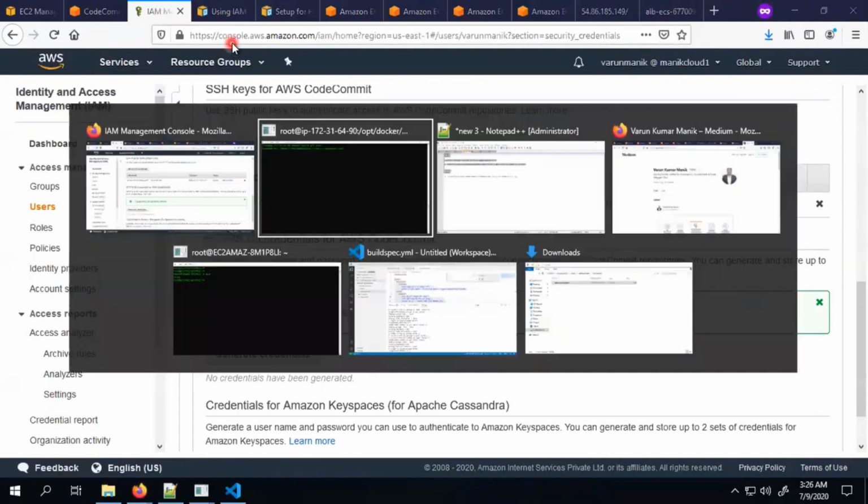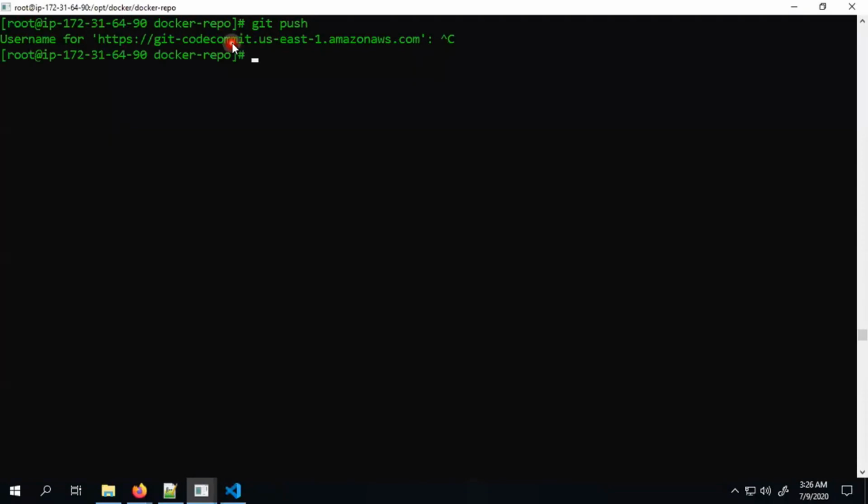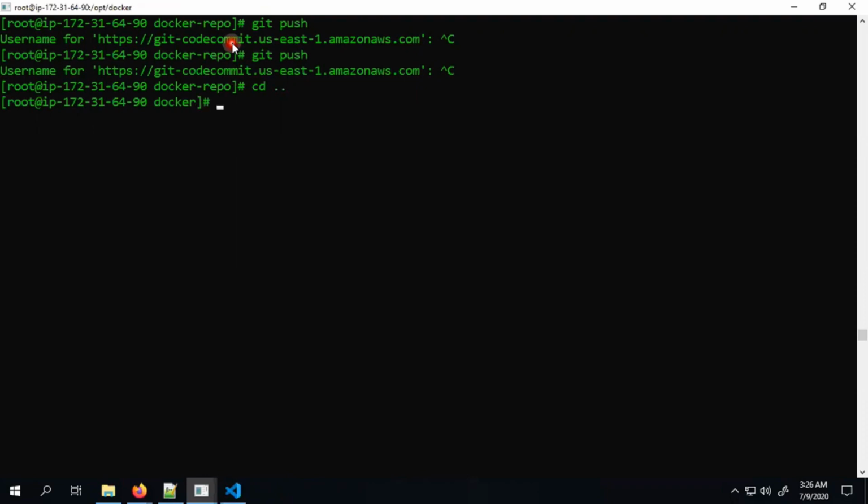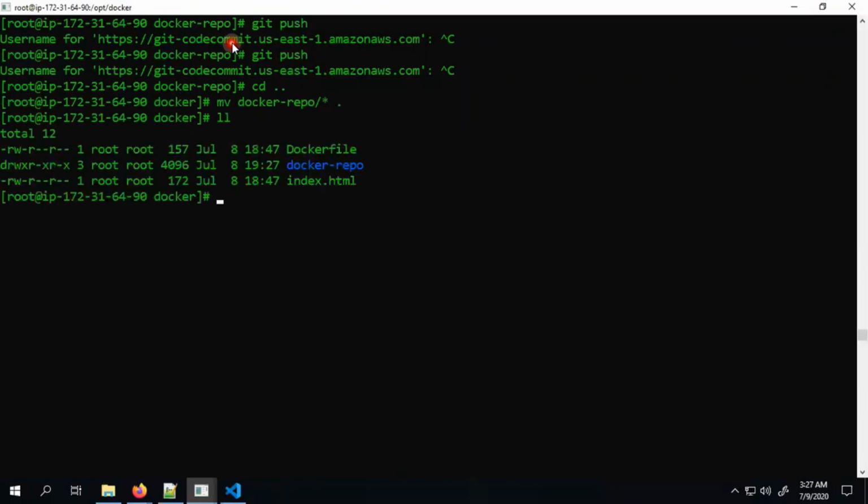So let's go back again and wait for a couple of moments. Let's do it again. Git push. My goodness. Wow. So let's go back there, and again I just want to move all the files outside, delete this repository and clone it again. I'm moving it here, right? And let's